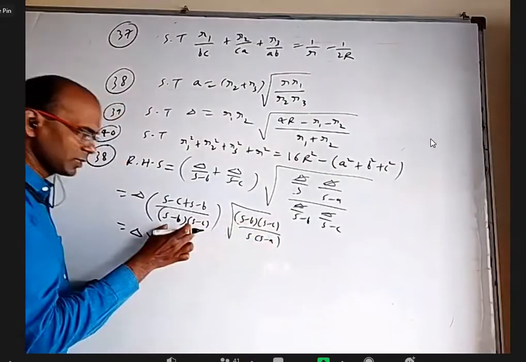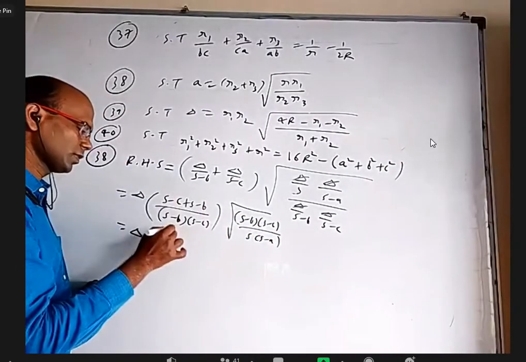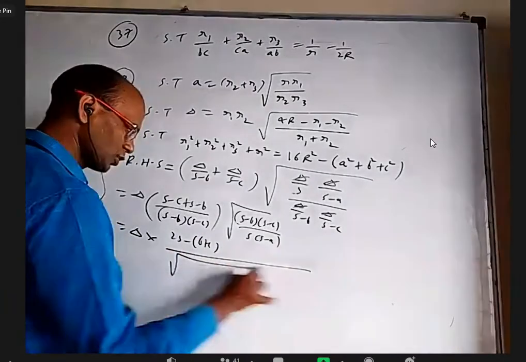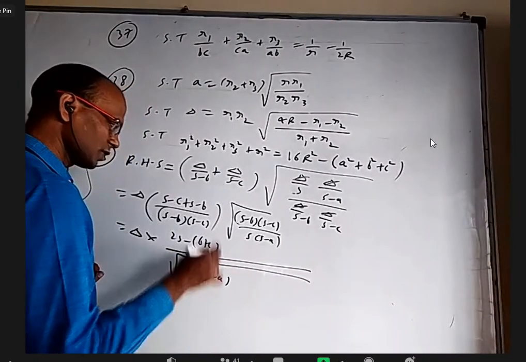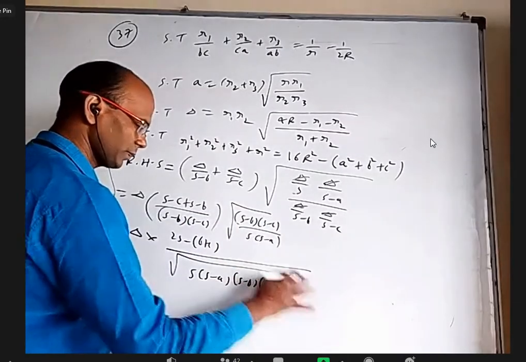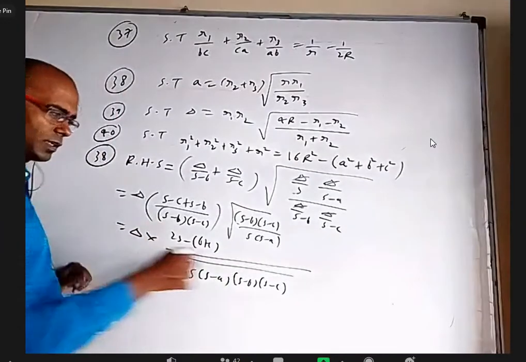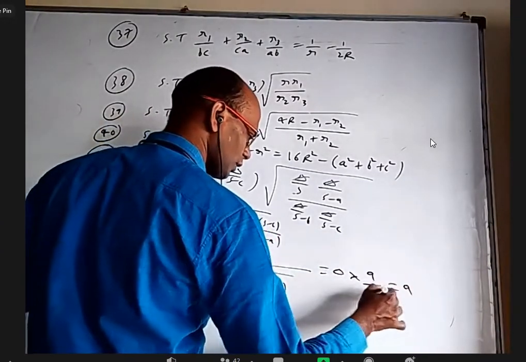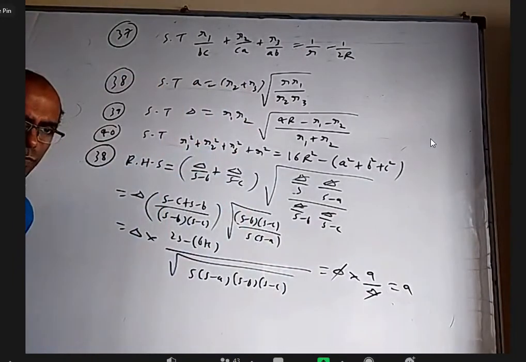This part and this part, when you cancel, one root will be left, and this will become 2S minus B plus C. And here I'll get square root of S into S minus A. These two, after cancelling one, inside the root S minus B, inside the root S minus C. This delta will cancel. So delta into a by delta, which is equal to a. Yeah, I don't want to write tan A by 2.